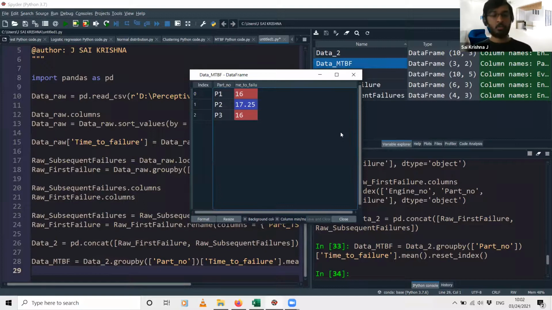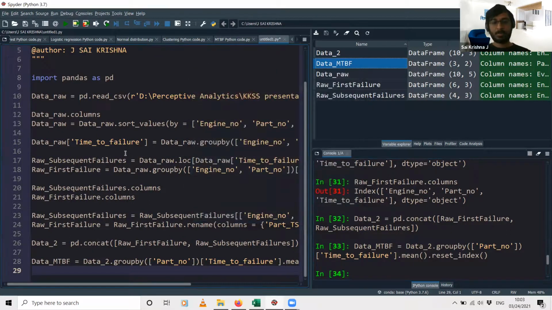So that is how you use the group by functions to perform any kind of arithmetic operation, when you have to group or aggregate that operation over one column or multiple columns, you use the group by function in Python. And apart from the group by, we also saw a couple of other basic functionalities. One is to take a subset of columns from the data, take a subset of rows from the data, and also to rename the columns. So this exercise helps us cover most of the basic features of Python.